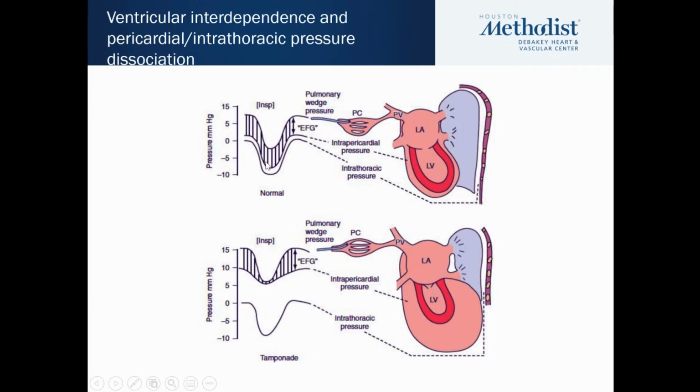And that tracks and it is transmitted to the cardiac structures, and that includes the pericardium as well as the ventricle and the atrium. And as a result, with all the pressures dropping to the same extent, the gradient that allows filling from the pulmonary veins to the atrium is largely unchanged. Now contrast this to a patient with a large pericardial effusion that does not allow the transmission of those changes of thoracic pressure to the heart. And notice here a key important piece is that the pulmonary veins are isolated from this